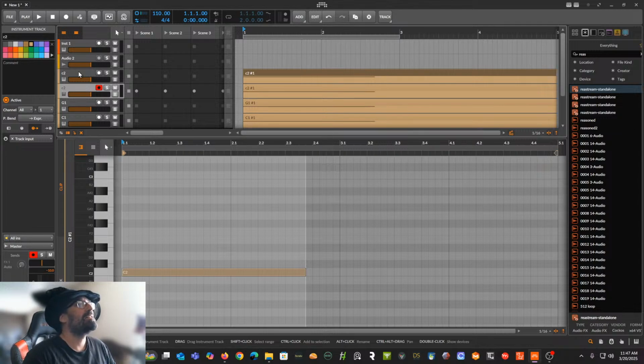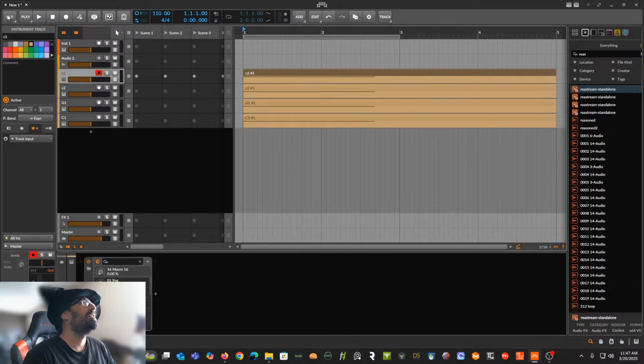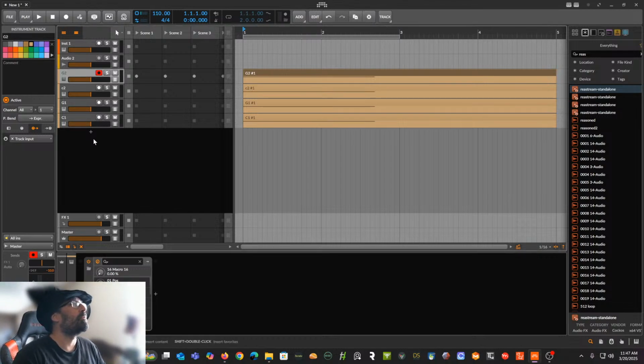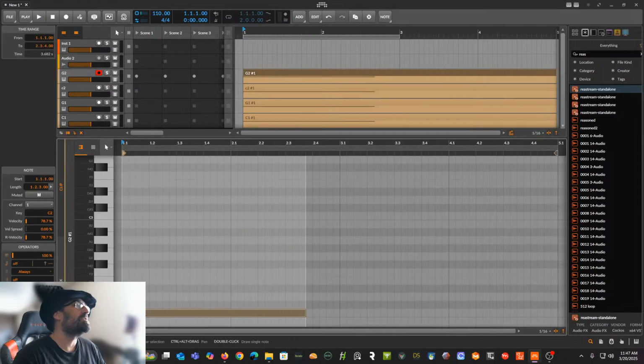So this one is not C2. This is actually going to be G2 now. So we'll just click into this here and call it G2, because that's the next note up from where we're at that we're going to sample. We double click on here and make sure that we move this note to